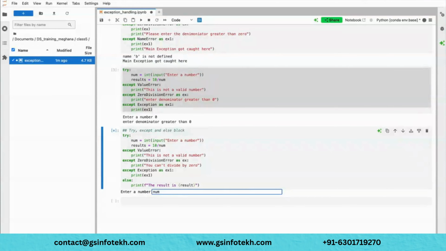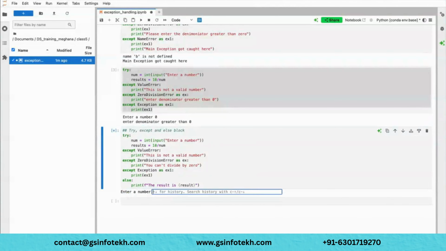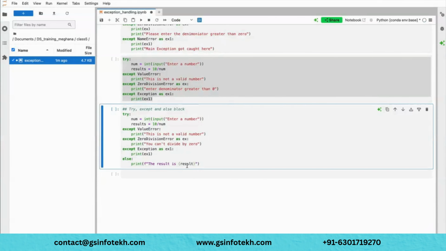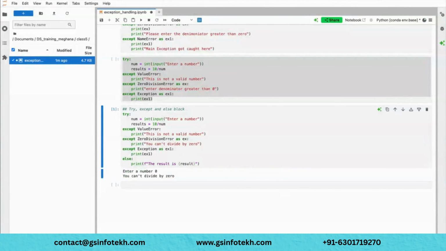So first thing, if I use num here, see, this is not a value. Okay. And then if I use 0, this input is always a different condition.